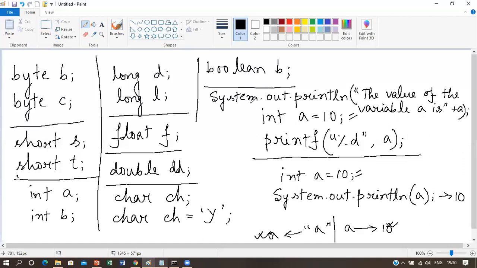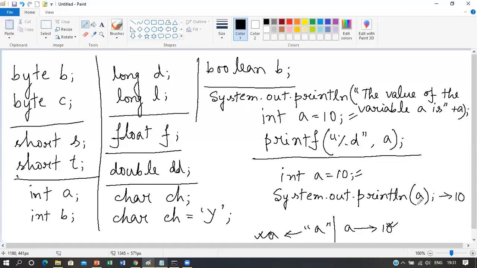So here we can see System.out.println, we want to display the text "the value of the variable a is". That's why we have enclosed it within double quotes. And after this double quote, we want to display the value of the variable a, so we have written the name of the variable only.